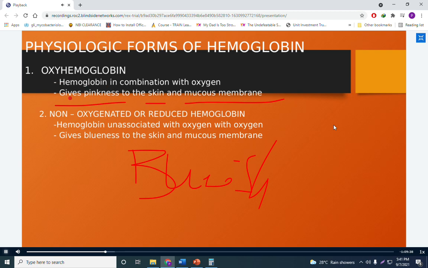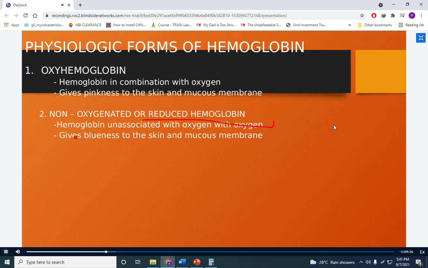So again, your oxyhemoglobin gives pinkness to the skin and to their mucous membrane. Now, let's go to the second type, the non-oxygenated or the reduced hemoglobin. This hemoglobin class is unassociated with oxygen. Class unassociated siya sa oxygen. So what do you think is the one that combines with your hemoglobin sa case na to? Ano sa tingin nyo, class, yung nagko-combine sa oxygen? Alright, very good, Ms. Chongson. It's your carbon dioxide. It gives blueness. Blueness to the skin and your mucous